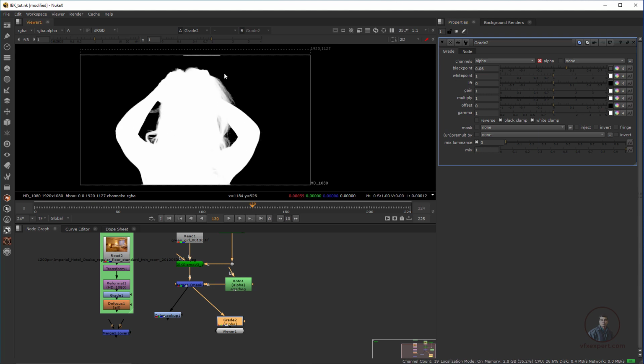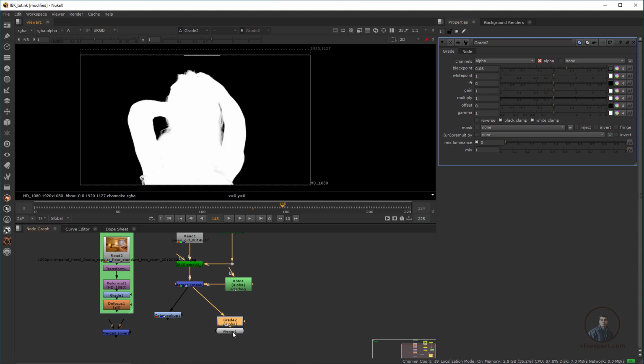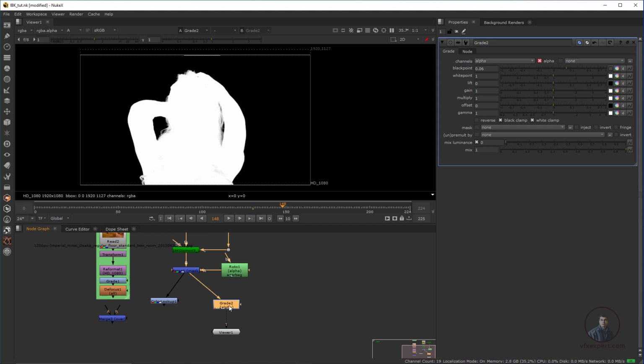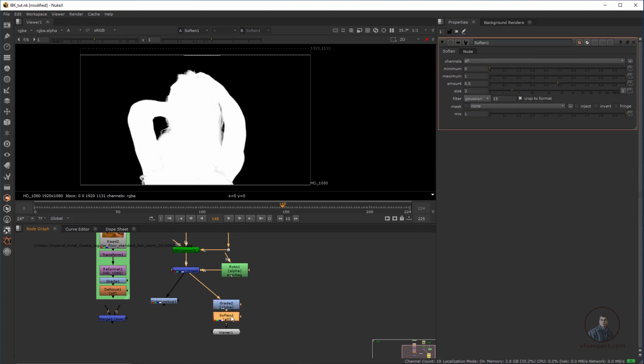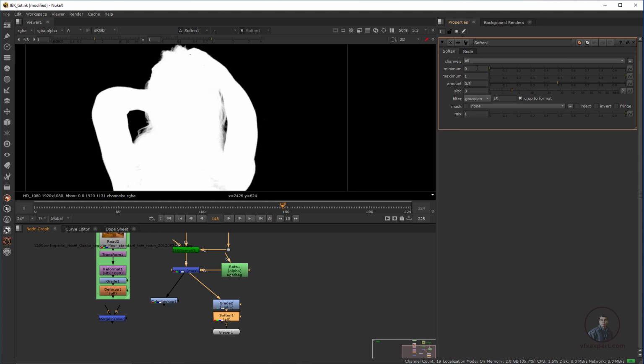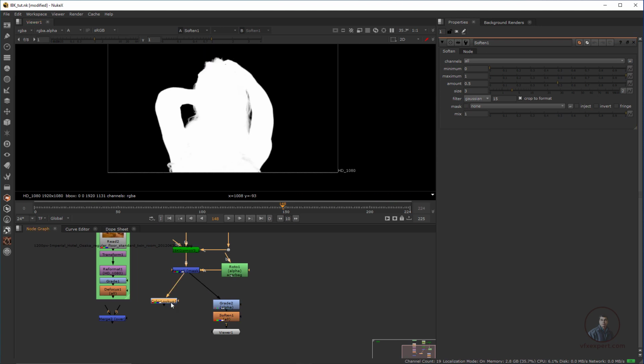And after this, if you want to create some smoothness, you can take a soften node, press Tab. With the help of this filter you can adjust the size, and you can even adjust some edges with the help of minimum and maximum values. So if you want you can adjust these values also. If you select this one and press 2, I think both are similar, with some differences. So with the help of these two nodes you can adjust your matte and create your final matte.